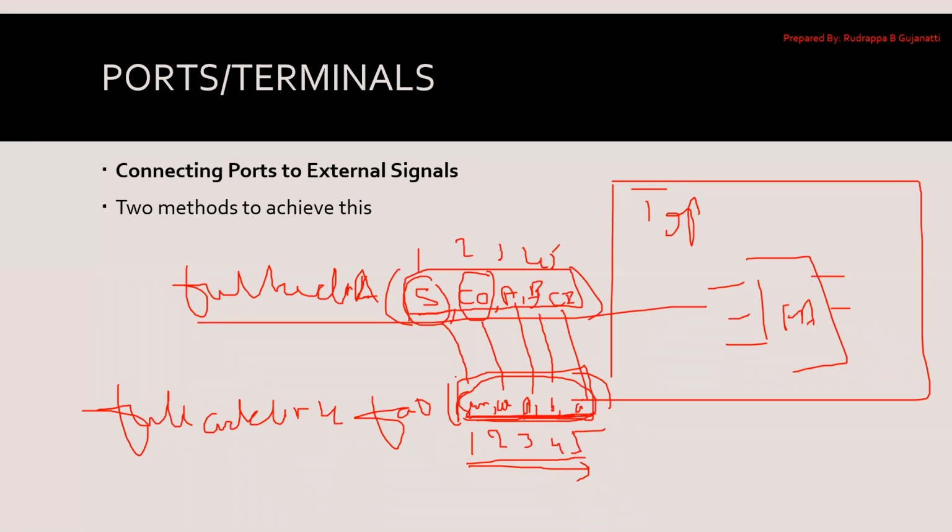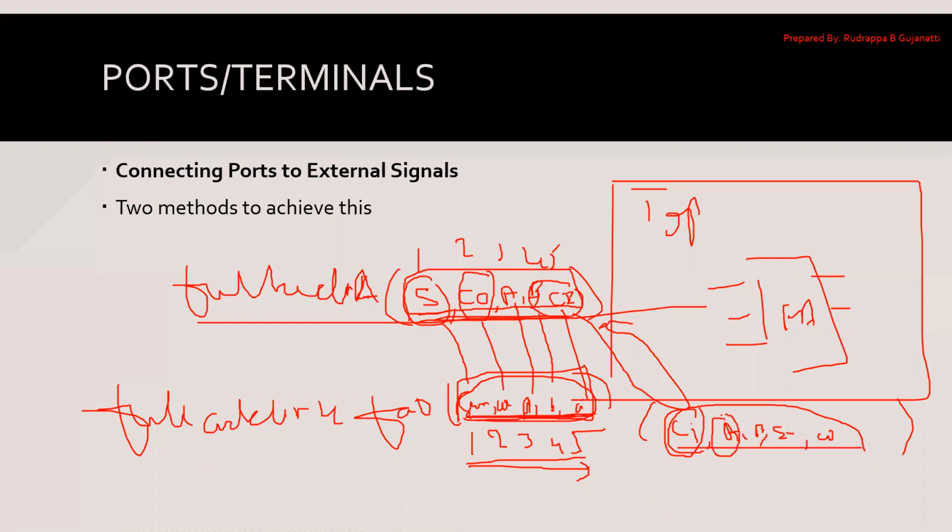In the parameter list, I can first send Cin, then A, then B, and then sum and cout. So if you just see, I'm not following the order in which these are present. Randomly, I'm just passing these parameters. Even this is possible, but you should give an indication to the full adder specifying that the first parameter I'm passing is related to carry in.